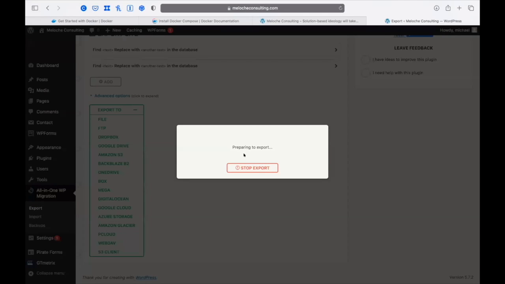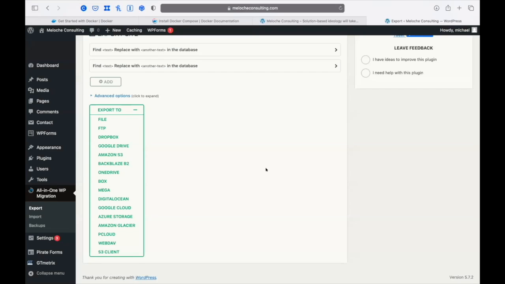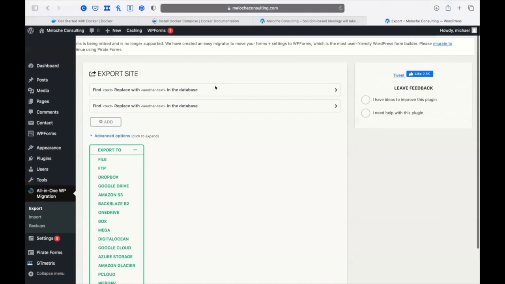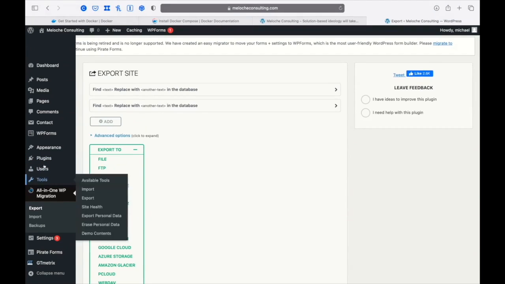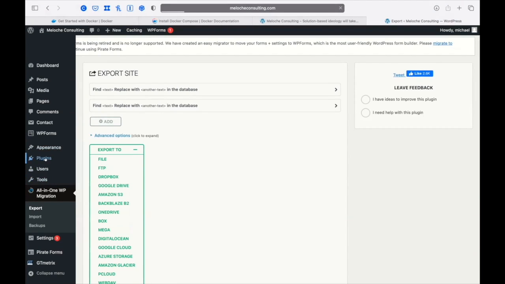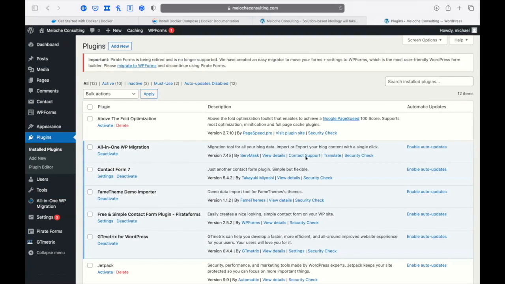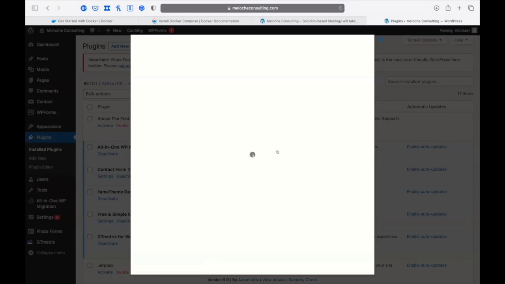For now, I'll just select File. It's going to go through, analyze the site, tell you where you might have some problems for exporting, and then you just go through and check the boxes and continue until you get down to export the file. I'm not going to walk through that because it will take a little bit of time. If you want to see all the different pieces or walk through the components, you can just go to their plugins, and if we look at view details,